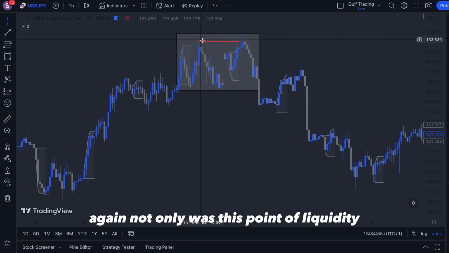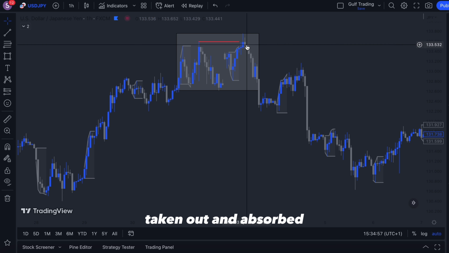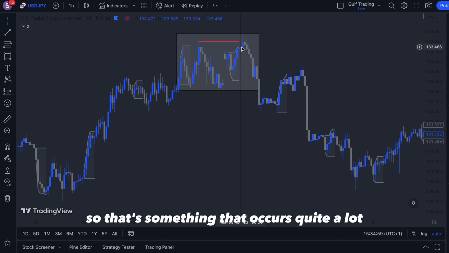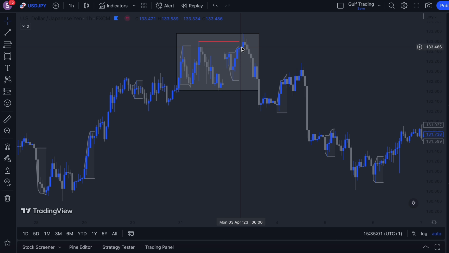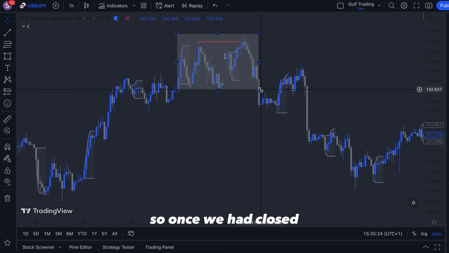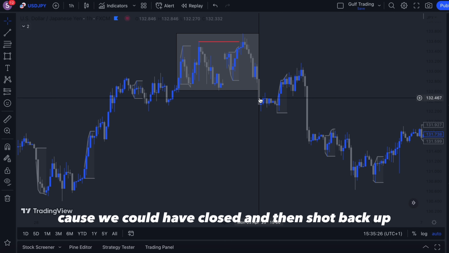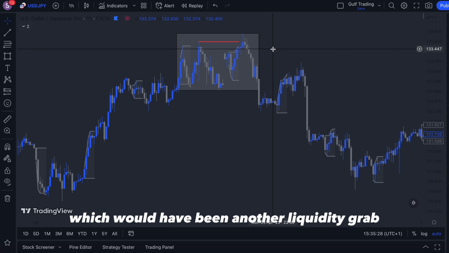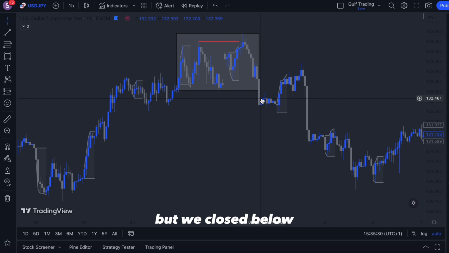Again, not only was this point of liquidity taken out and absorbed, but also the Asian highs. So that's something that occurs quite a lot and will give you confidence in your setup when that happens. So once we had closed below this candle, and not only just closed, because we could have closed and then shot back up, which would have been another liquidity grab, but we closed below and then held below, and that's